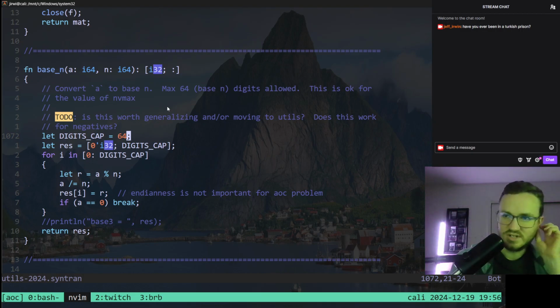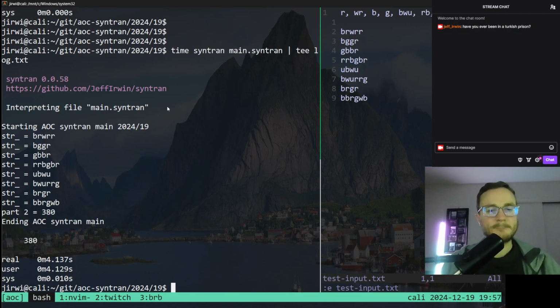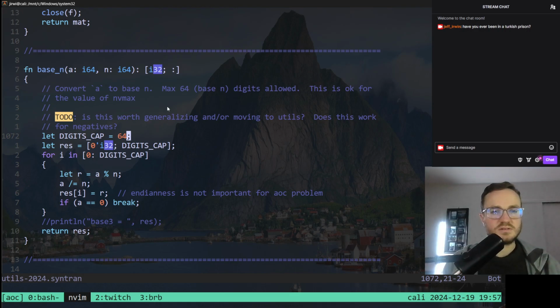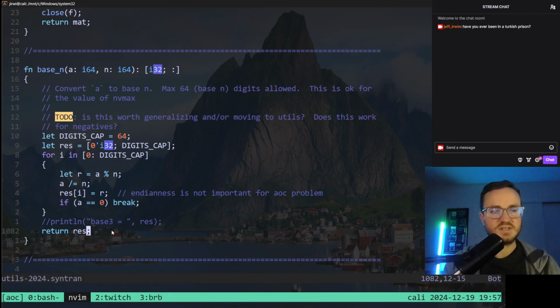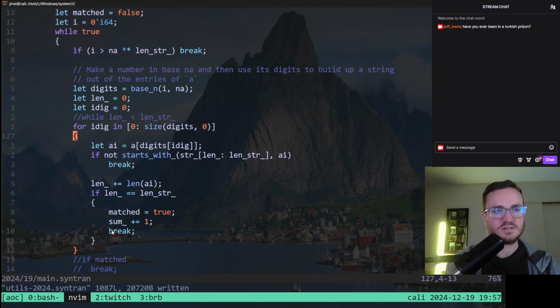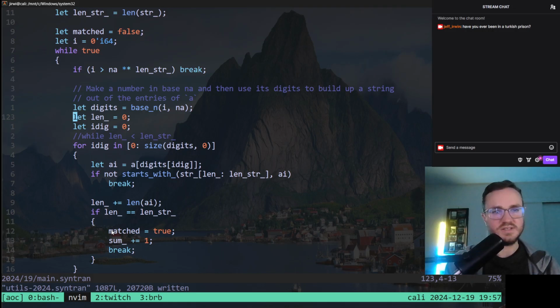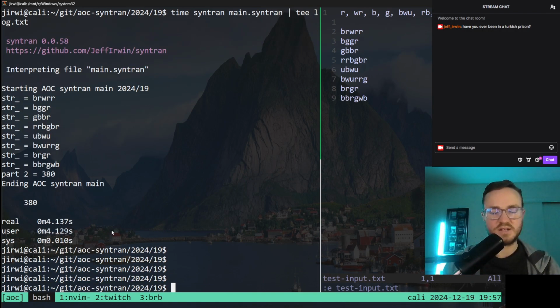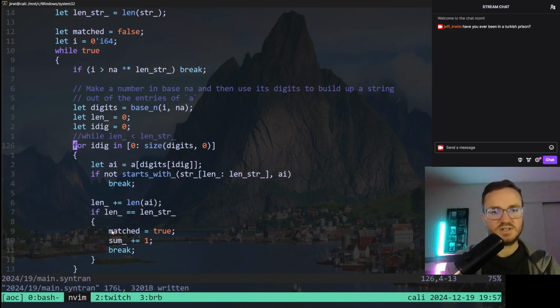I want to find like the first non-zero digit. I think I have to trim this. I think if I trim this, then I can just iterate through all of the digits. So let's do that. 0 through I. Yeah, and then this is already iterating through the actual size of the digits. So the padding with zeros was the problem, basically. And then